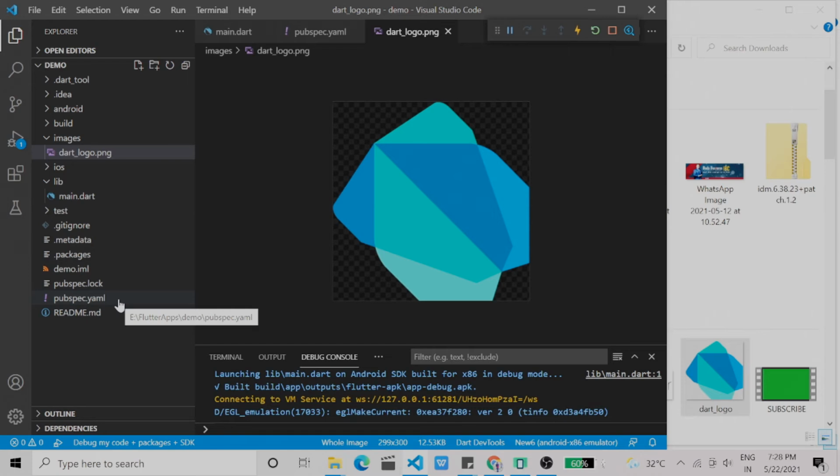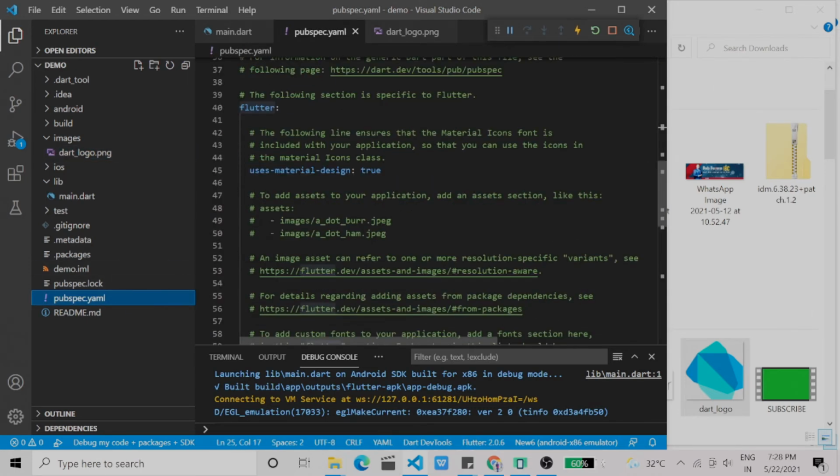Now one more change you need to do in the pubspec.yaml file. Go down below and you can see the assets section. Now uncomment this assets. Make sure you are uncommenting in a proper format, like there has to be a space before the image hyphen, and this assets should be under the flutter command.